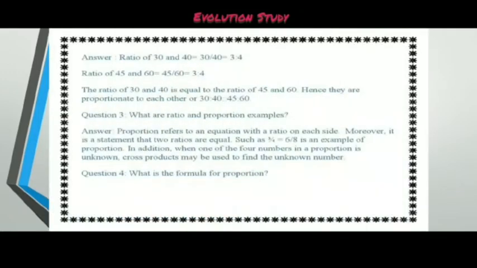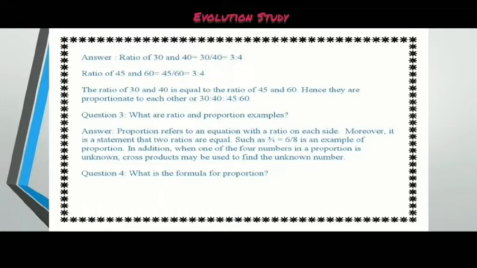It says, are 30, 40, 45 and 60 in proportion? We can write the ratio of 30 and 40 is equal to 30 by 40, which is 3:4, and the ratio of 45 and 60 is 45 divided by 60, which is 3:4. Now the ratio of 30 and 40 is equal to the ratio of 45 and 60, hence they are proportionate to each other,